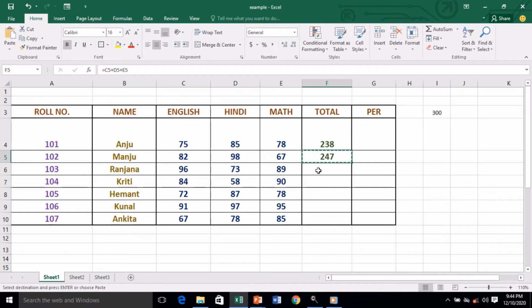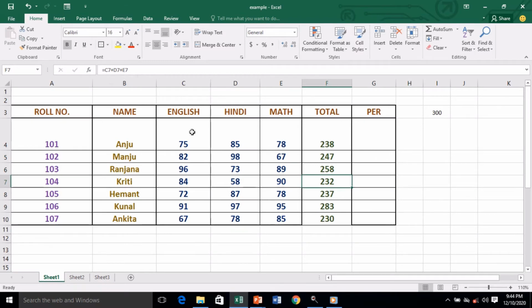Similarly, if I copy the same formula here for everyone and paste, see what has come up: C6, D6 and E6. The same way down, if I check the next one, you can see this. This is an example of relative reference. When I copy the formula, automatically the cell address is changing. You can see in the formula bar, it has been changed. We just typed C4 plus D4 plus E4, but when I copied this formula down, automatically C4 changed to C5, and all these have been changed.